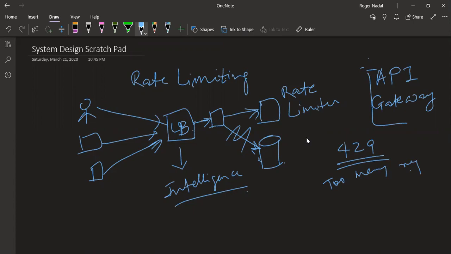Okay, so rate limiter design will have a couple of strategies and we will not go into it because we have other things to cover. But you can read about sliding window, token buckets, things like that. I will just write it down. I'm not even touching the surface, but whatever comes to my mind, I'm just writing.